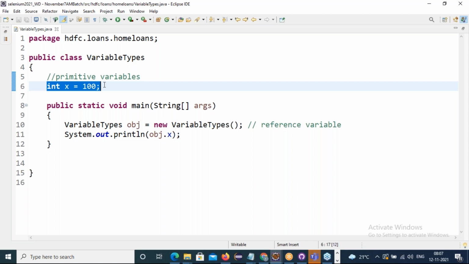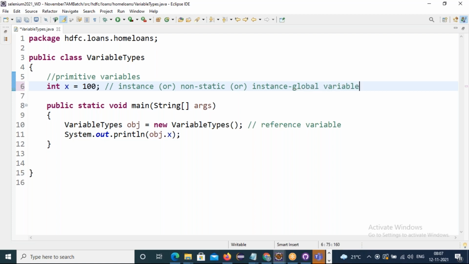First, let's talk about a primitive variable in an instance position. The variable which you declare inside a class itself is called an instance variable. We can call it an instance variable, or a non-static variable, or an instance global variable.